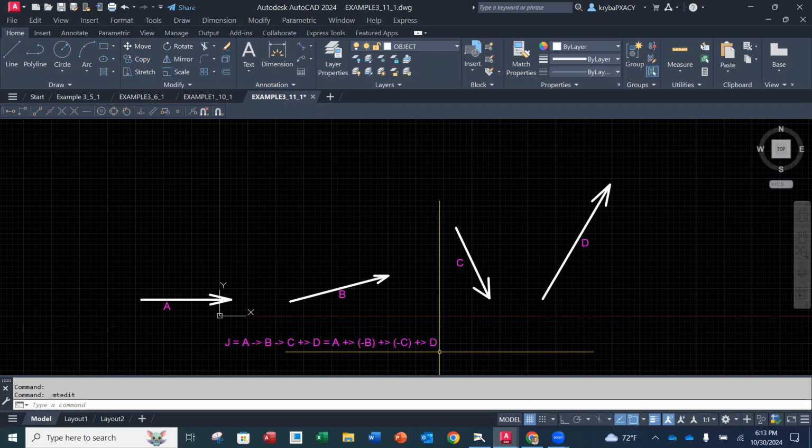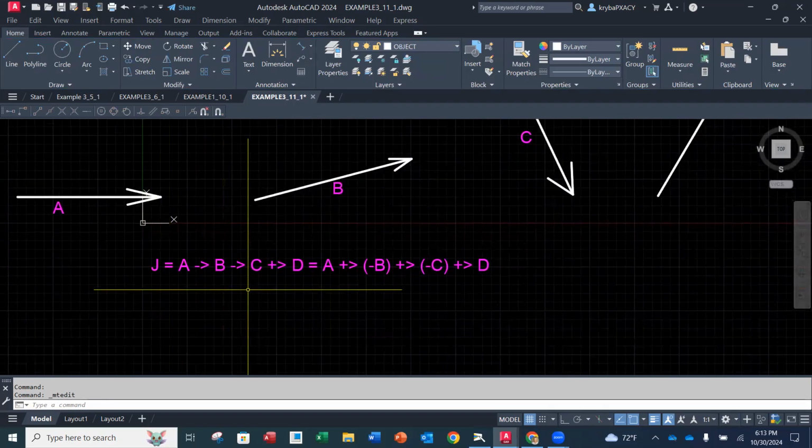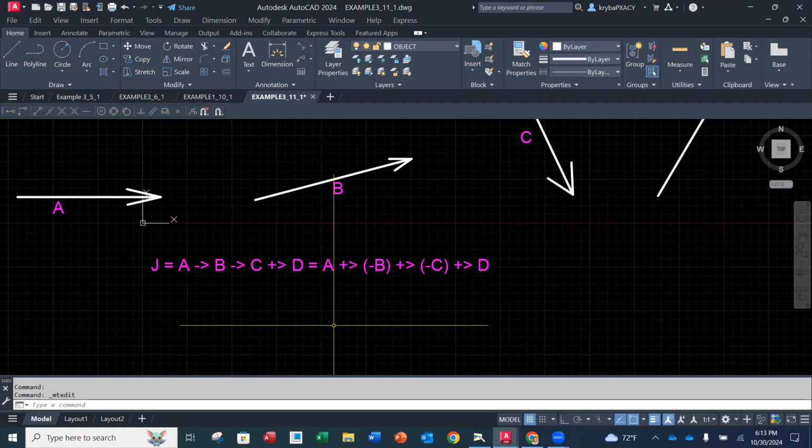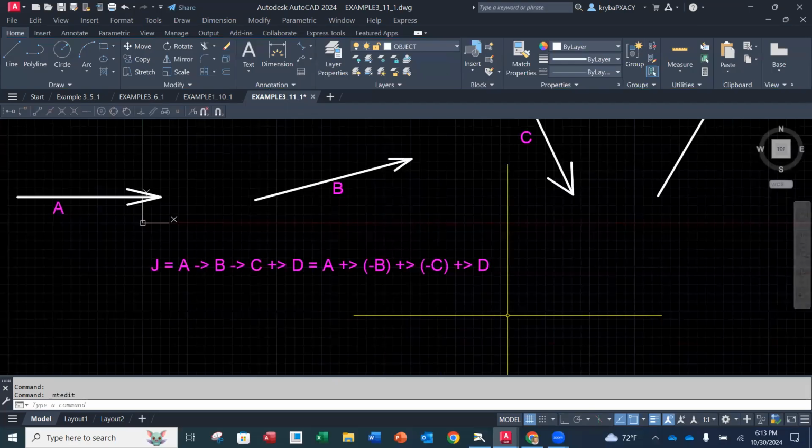Okay, so at the bottom here, I put our vector equation. As stated in the problem, we're taking A minus B minus C plus D. But I rewrote it. I did another equal sign, and we're going to do it as A plus vectorially the negative version of B, plus vectorially the negative version of C, plus vectorially D. So that means that we're going to add them all tip to tail, but we need to change B and